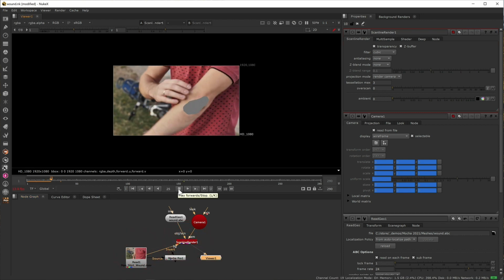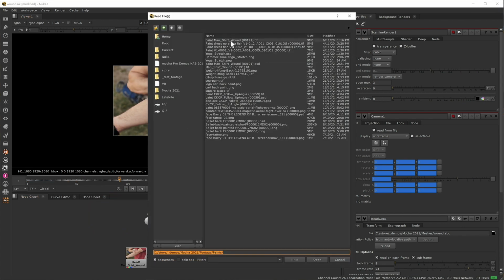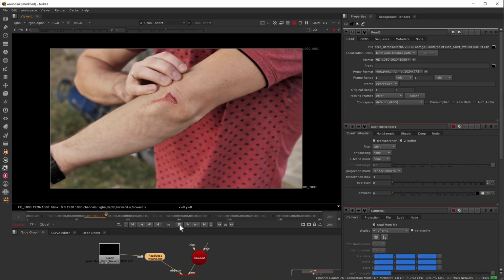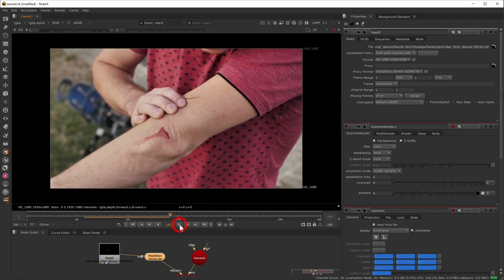If you view the node, the mesh should now be correctly projected over the top. If you add an image or material to the image input of the ReadGeo node, this will then project the texture onto the mesh. Scrubbing the timeline will now show the texture warping smoothly to the faces over time.